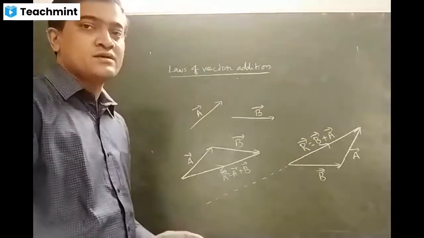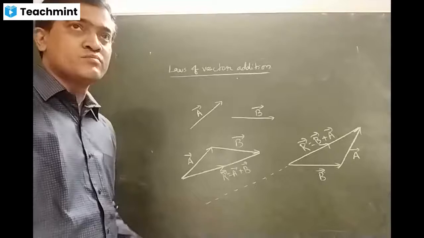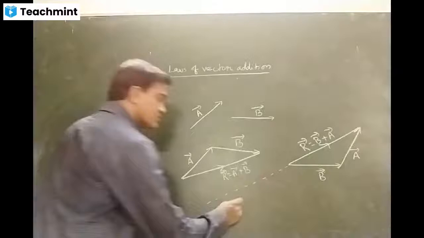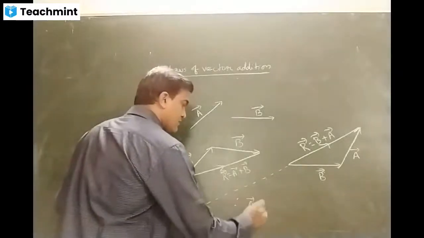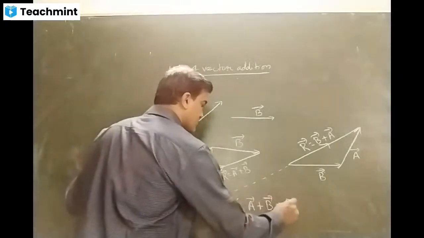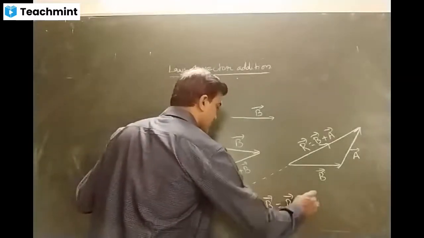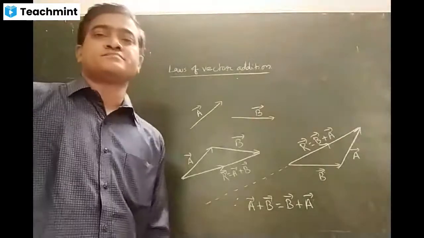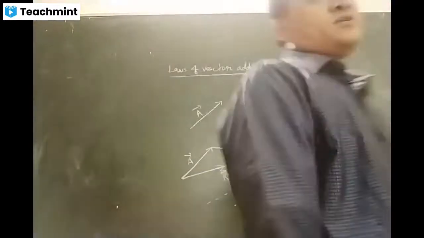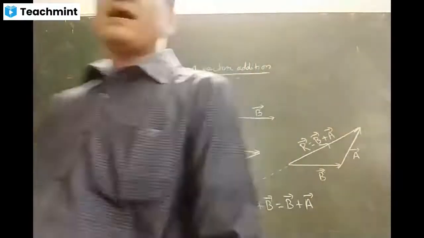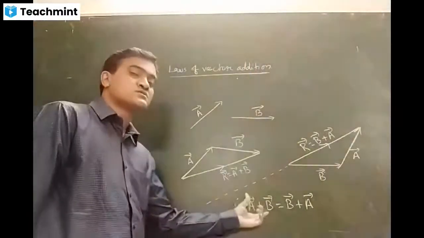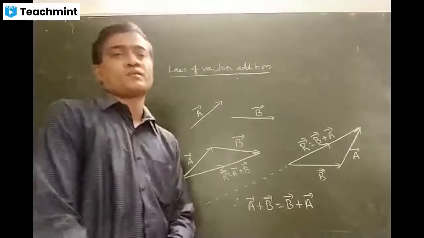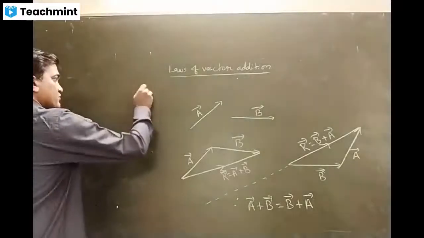That means I can say that A bar plus B bar is equal to B bar plus A bar. Therefore, A bar plus B bar is equal to B bar plus A bar. In mathematics, what is this law? Commutative property, sir. Yes, it is the commutative property. So whenever you add two vectors, the laws of vector addition obey the commutative law. Right? So vector addition, the first law is